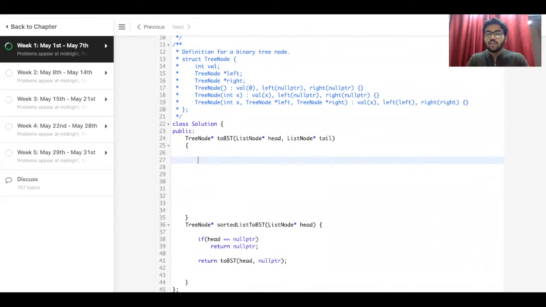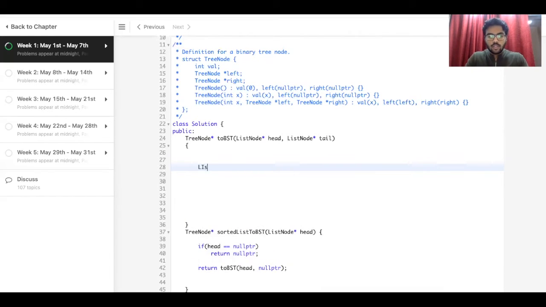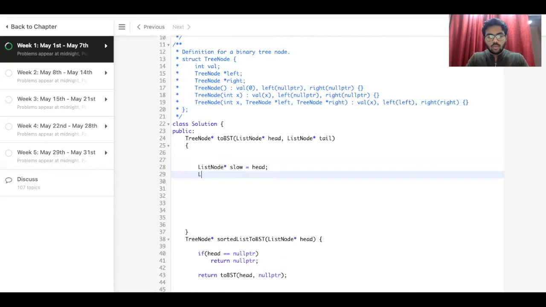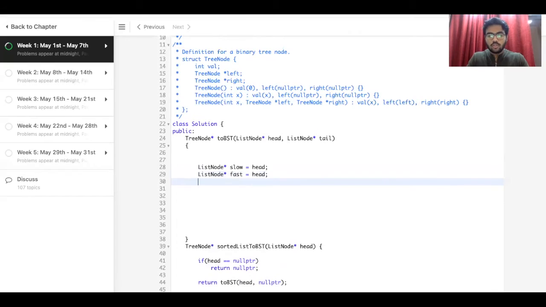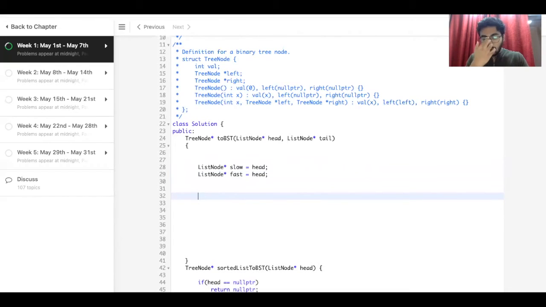Now let's write the algorithm for finding the middle of the linked list. We know how to find the middle of the linked list: we can use the two pointer runner technique. So we need to maintain two pointers, right? List node star, the first one is slow, the second one is fast. Both of them we initialize at the head of the linked list. Then we check while fast is not equal to tail and fast next is not equal to tail.